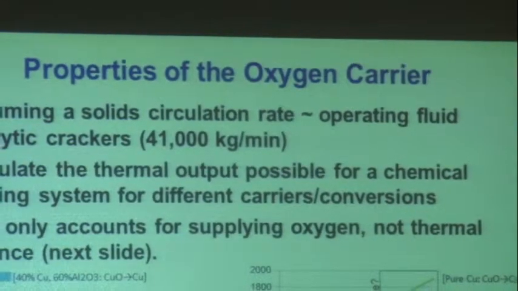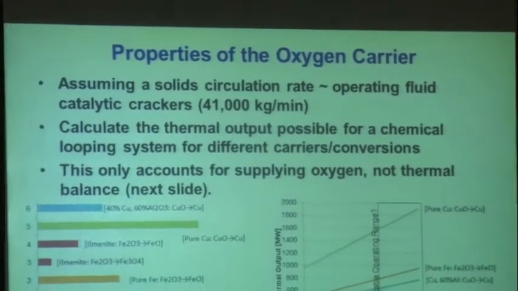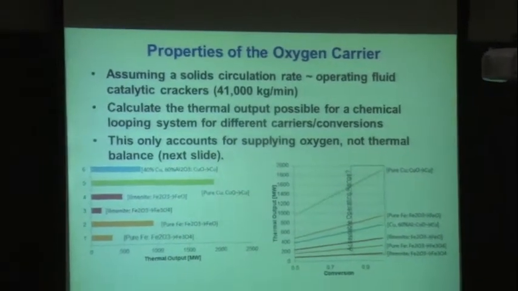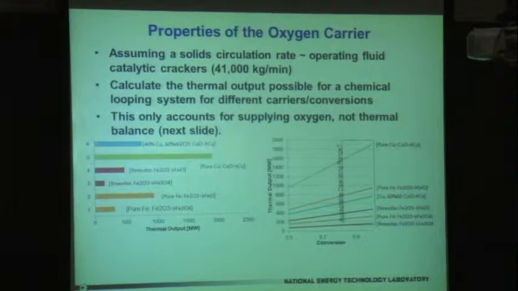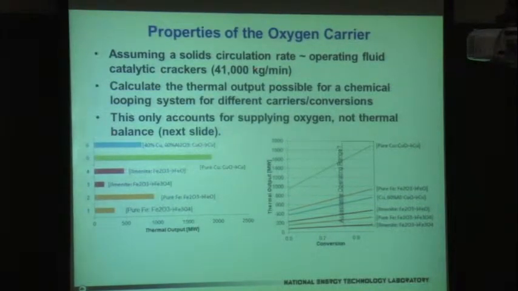Well, if you then want to go backward and think, which oxygen carriers could I use and get them to circulate at that rate? And how big of a power plant could I conceivably make? So we're taking that circulation rate that I just described a moment ago and then calculating the thermal output that's